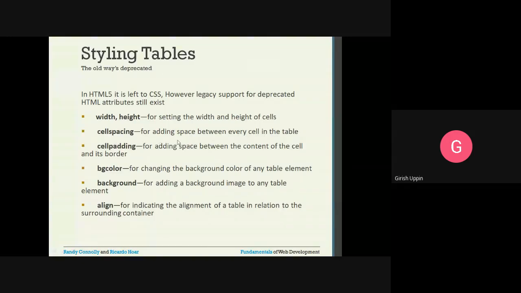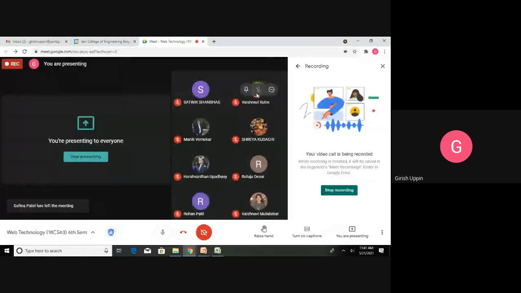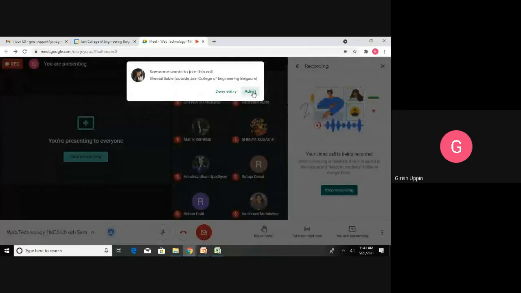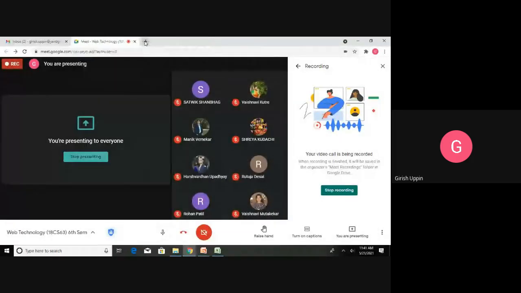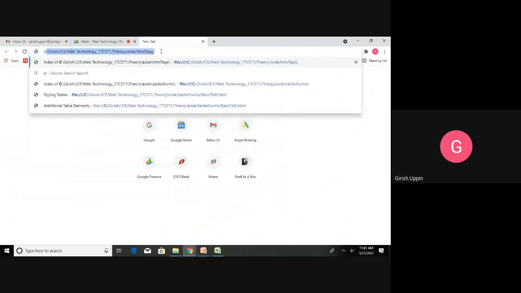Cellspacing is for adding space between every cell in the table. Yesterday we saw the example where we gave the formatting for the TD, and it was showing the spaces in between those cells. If we want to control that particular spacing, then we can use the spacing attribute. Okay, let me open up that example, and then it will be much clearer.